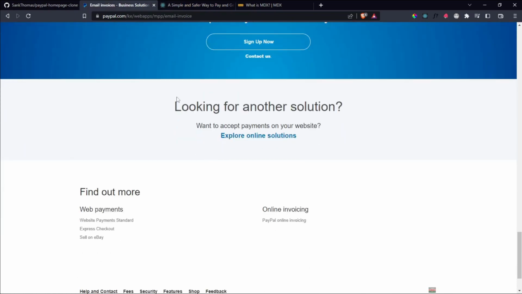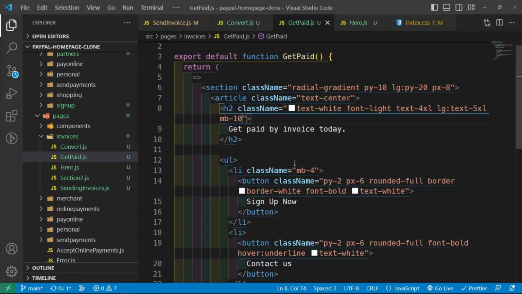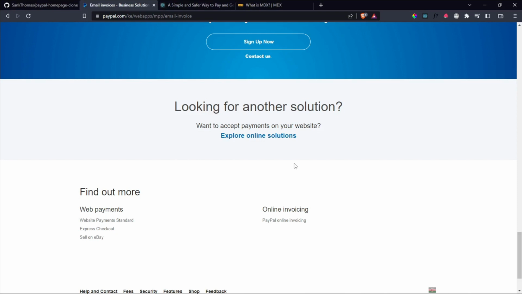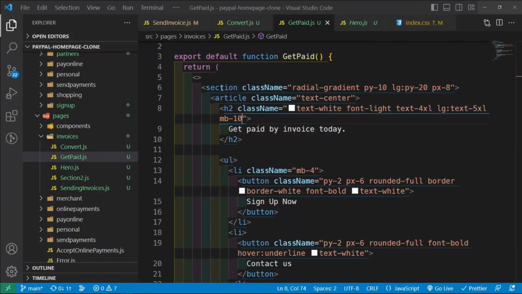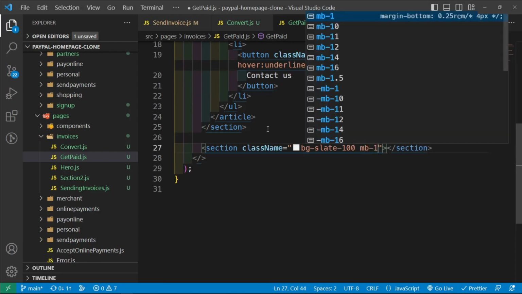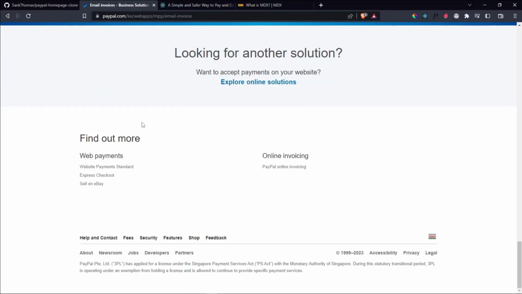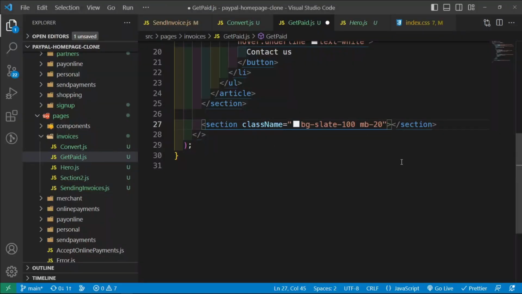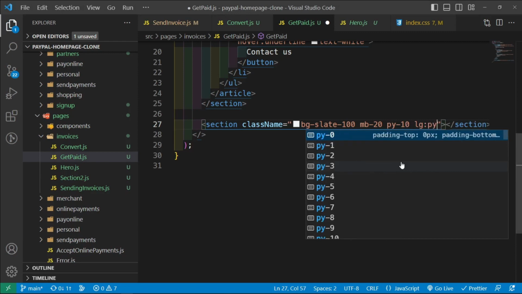And then next we have looking for another solution, and then this part. Because this part is only text and no functionality is implemented, I can just add it inside this get paid component. So right below this section, I can create another section with a class of bg-slate-100, and then I can add in margin bottom of about 20 to push away from the footer, and then padding on the y of 10, and for large screens padding on the y of 20,